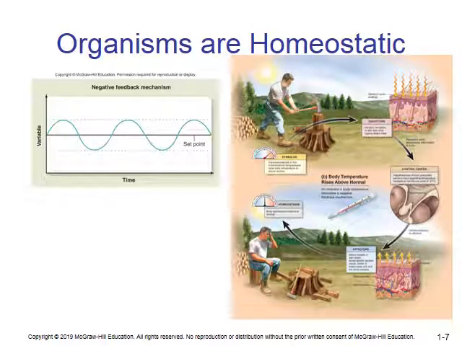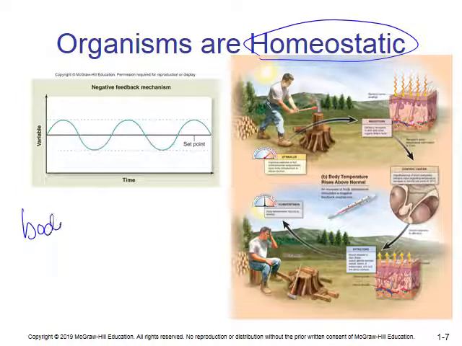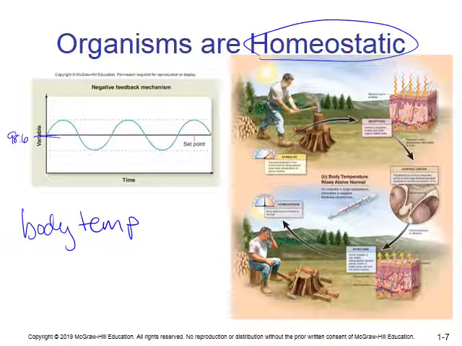Also, if you're living, you're going to exhibit some sort of homeostasis. So we can see here that I think the example they give you in your book is body temperature. They said your body temperature varies throughout the day. So let's say this is 98.6, where normal body temperature is about. What happens during the day? It'll go up a little bit. Maybe at night it goes down a little bit. So all they're trying to show you is that there is variability, and homeostasis just makes sure that you always come back to this center line, or that you're trying to come back to the center line.